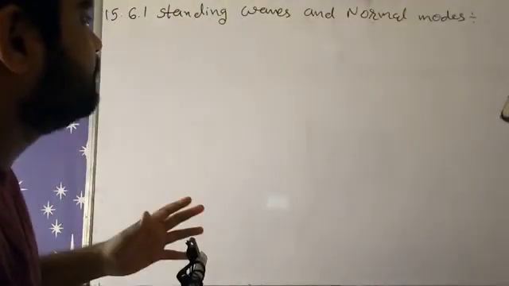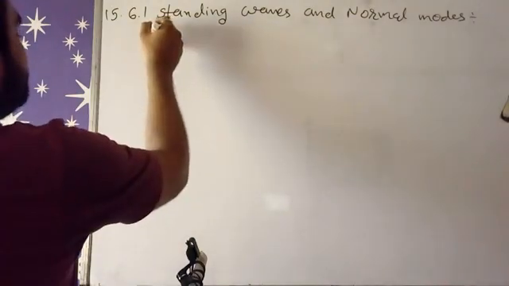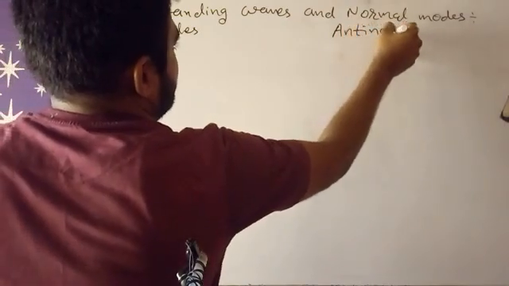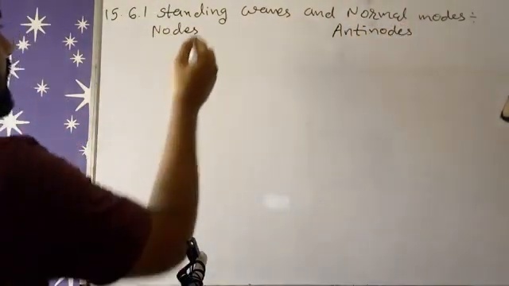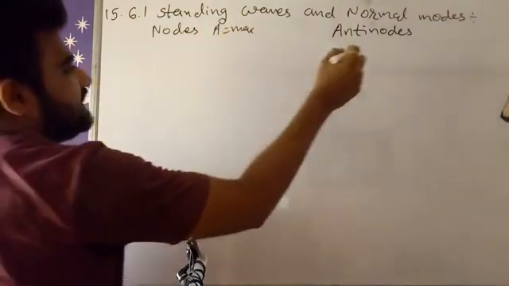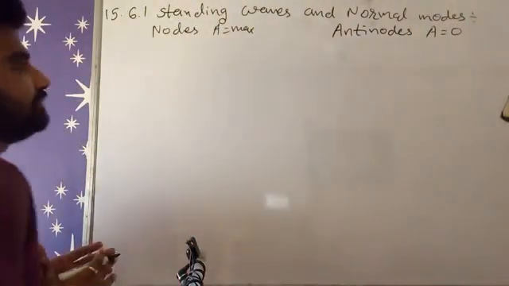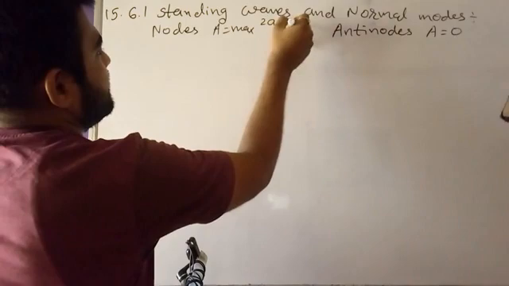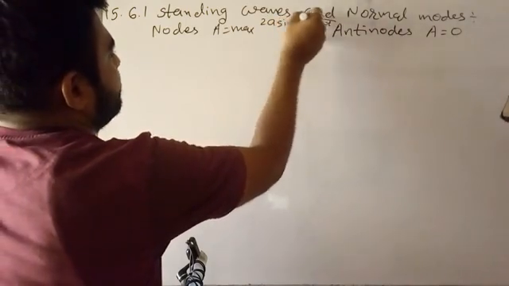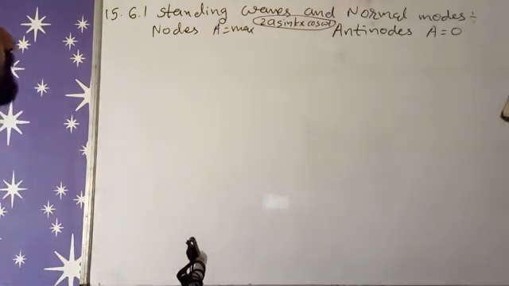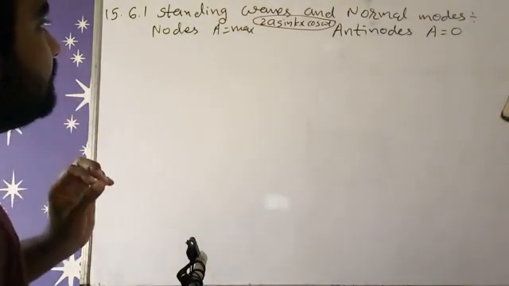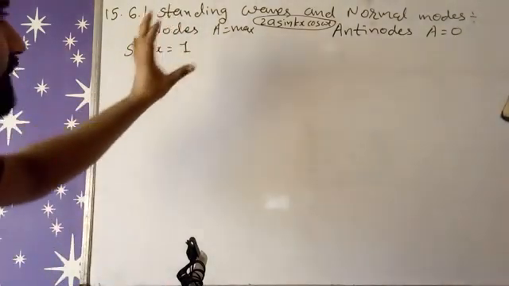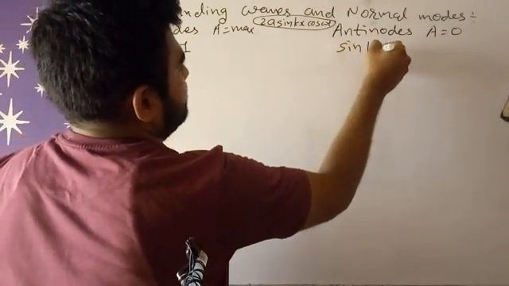Now for normal modes, we have two possibilities: first is nodes and another is antinodes. So nodes means the amplitude is minimum and antinodes means the amplitude is maximum, right? Earlier we discussed that formula, 2a sin kx cos omega t. From this formula we have sin kx, right? Whenever sin kx will be maximum, means sin kx is equal to 1 for maximum,